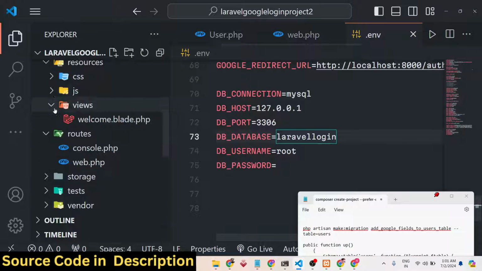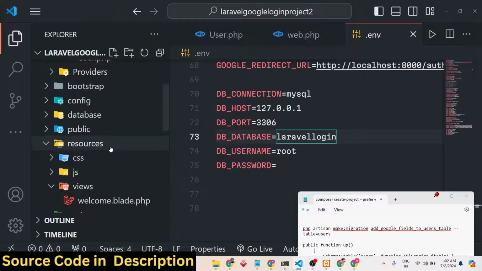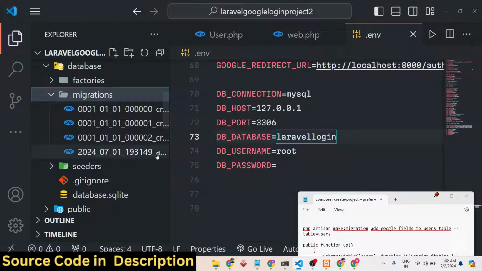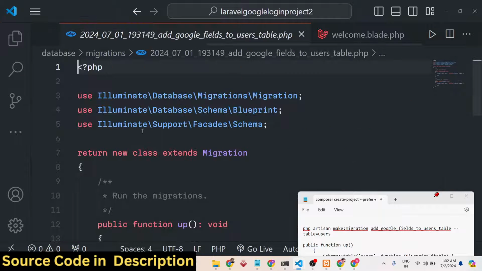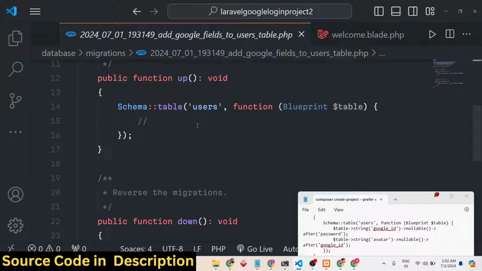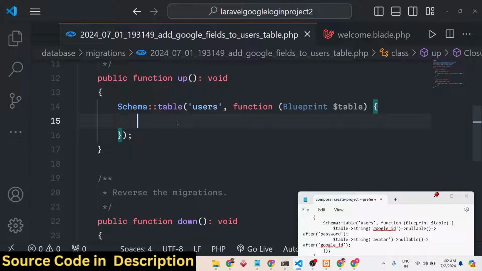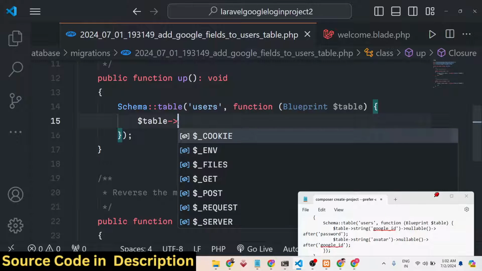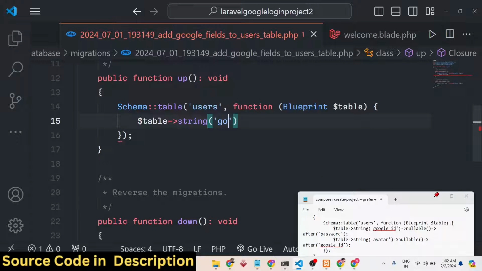If you open the database folder, then we have migrations. This is the latest migration, created by this command. Now we need to set the schema here for the users table. We just need to set what we need. So we need a google_id field which can be nullable. So we can use nullable here,